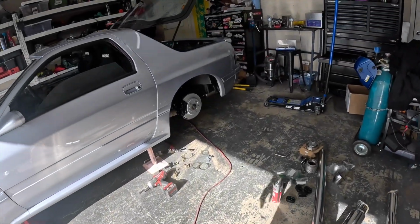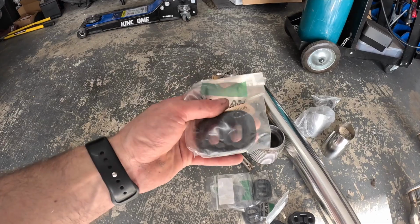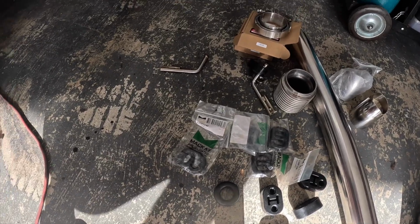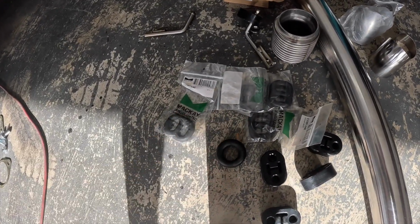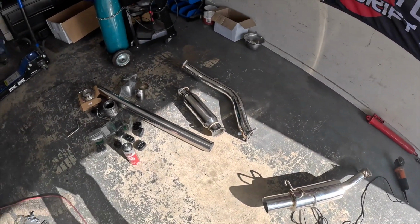So you got one on, got the Y section in. We'll chuck this section on in a second. Ended up just using this style hanger at the back. Gave me a bit more flexibility over these silicone buggers, and a bit bigger hole, so I had more room to play. Ended up working perfect. They look near on like the standard ones. Also had this option, but I only have one of them to play with. It didn't work anyway. But yeah, let's get this other one on, get the center muffler on,